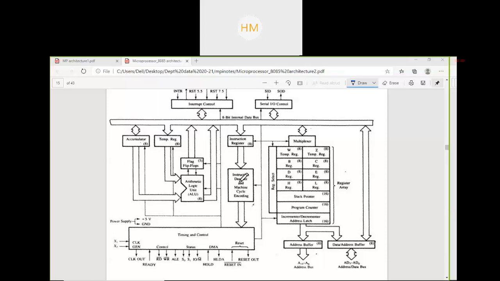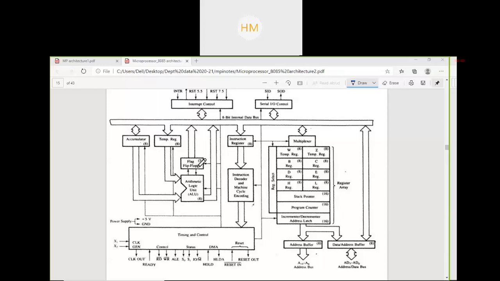What does the arithmetic logic unit do? It performs all the arithmetic and logical operations, and the results are stored in the accumulator. It is connected with flip-flops known as flags.